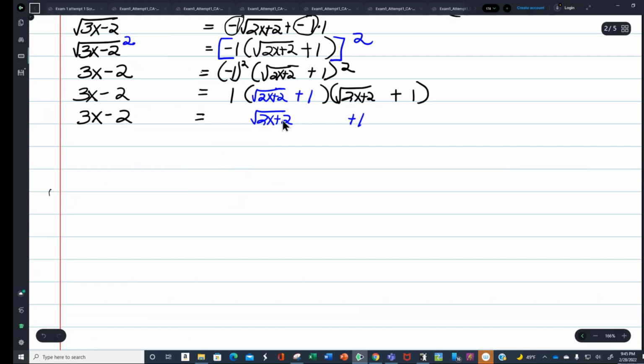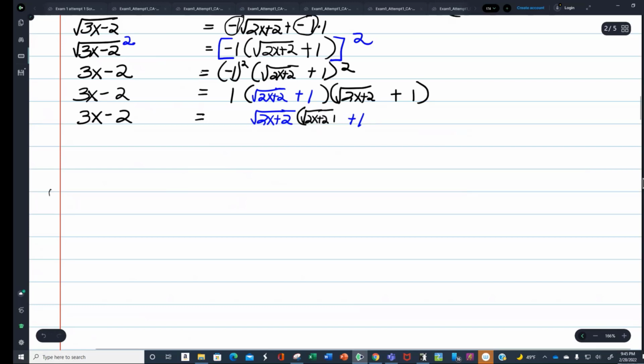And the second set of parentheses, look at this. There. The square root of 2x plus 2, and then I'm going to put parentheses, square root of 2x plus 2